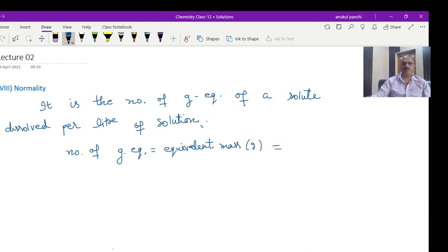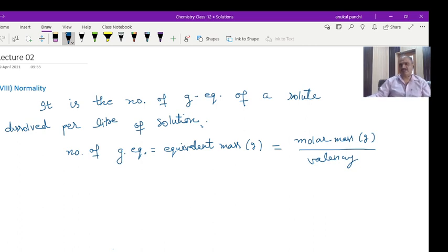Equivalent mass of a solute is its molecular mass, you can say molar mass in grams, divided by its valency. Now, what is valency? Valency is the total positive charge or negative charge. For simplicity, you can say that valency is the total positive or negative charge in the formula of a